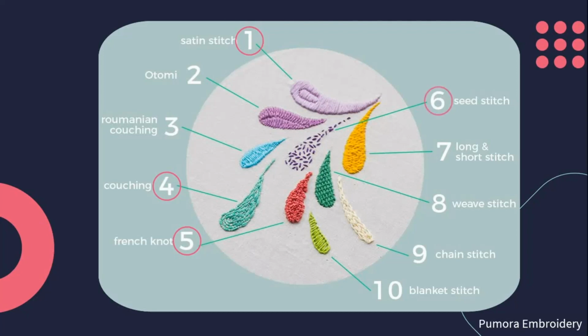And then you get the seed stitch, which is also sometimes referred to as the rice stitch, but really it is just a set of random stitches used to fill an area. You can have them super close together or quite spread out like we see in the image. And then you get the long and short stitch, and this can be used for any area no matter how